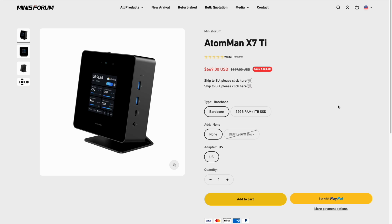For a bare bones version, which means it won't come with RAM or storage, it's $670. However, I think that most customers will opt to have them include the RAM and storage, which comes with 32 gigs of RAM and a terabyte of storage, but it's going to bump up that price to $850. And as far as mini PCs with integrated graphics go, this is one of the most expensive I've ever seen